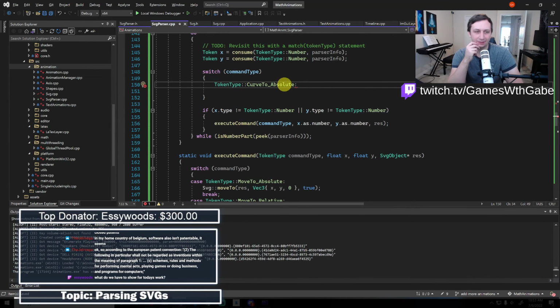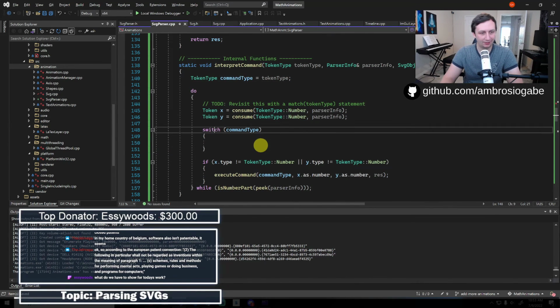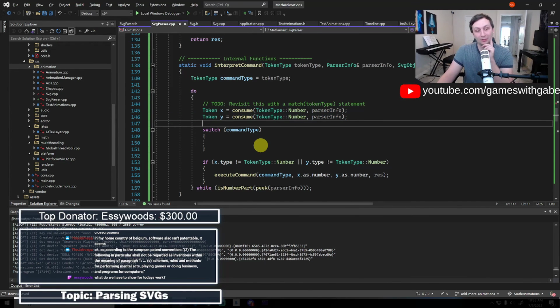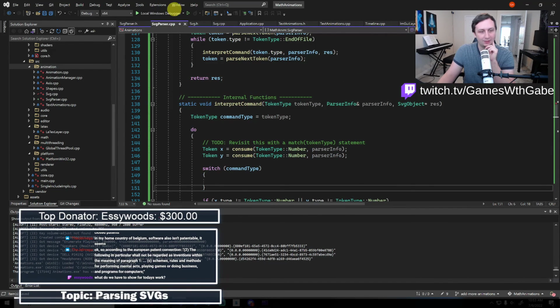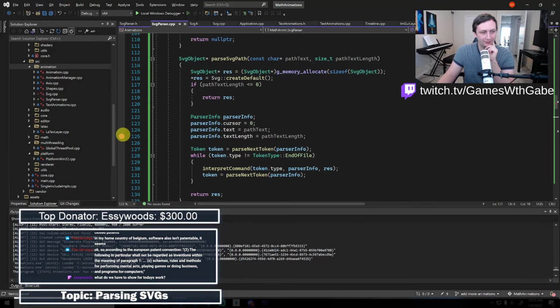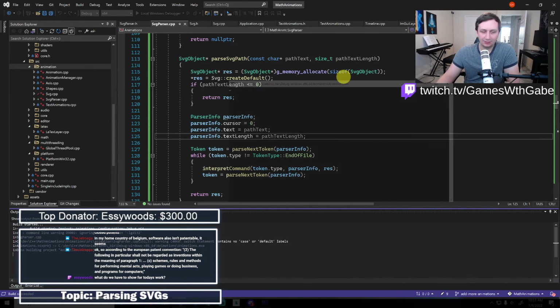I don't like this. Basically, what do we have to show for today's work? So far, nothing, but we're actually pretty close. We've got like the basic parser started and everything. And we almost have it working where it's actually translating the path into a valid SVG object, but it's not quite there yet. Good news though, if I just run this, I wonder what'll happen. I think it's just going to error out.